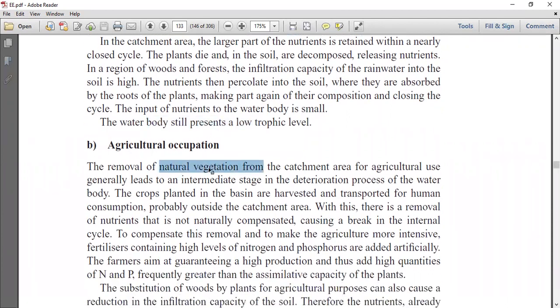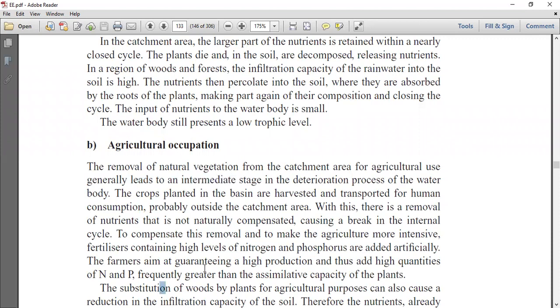Agriculture occupation. The removal of the natural vegetation from the catchment area for agricultural use generally leads to the intermediate stage in the deterioration process of the water body. The crops planted in the basin are harvested and transported for human consumption, probably outside the catchment area. With this, there is a removal of nutrients that is not naturally compensated, causing a break in the internal cycle. To compensate for this removal and to make the agriculture more intensive, fertilizers containing high levels of nitrogen and phosphorus are added artificially. The farmers aim at guaranteeing a high production and thus add high quantities of N and P,